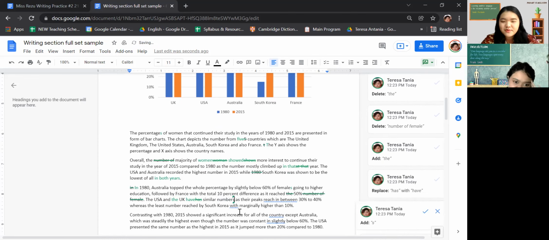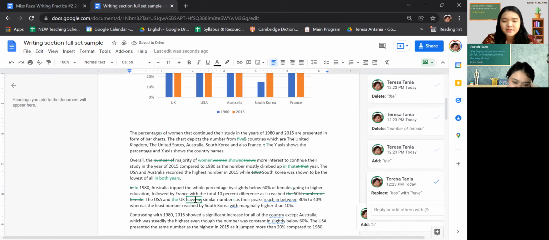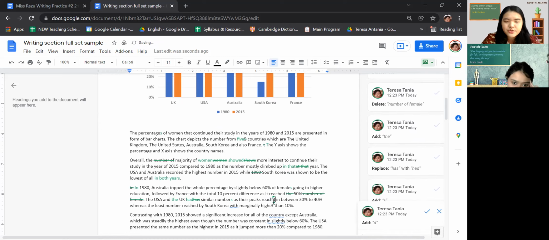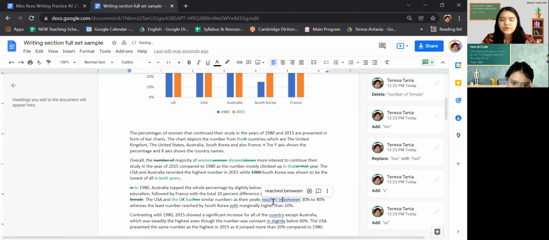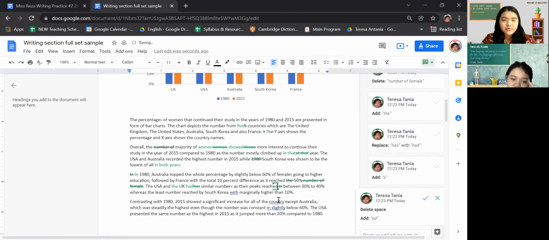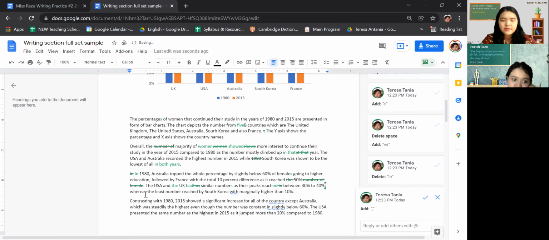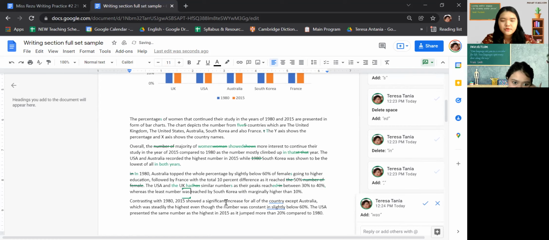We have to use had because it's in the past. "Is their picture rich?" When we use reach, we don't use a preposition. Okay. Also, use a comma here. "Whereas the least number reached was reached by South Korea with"